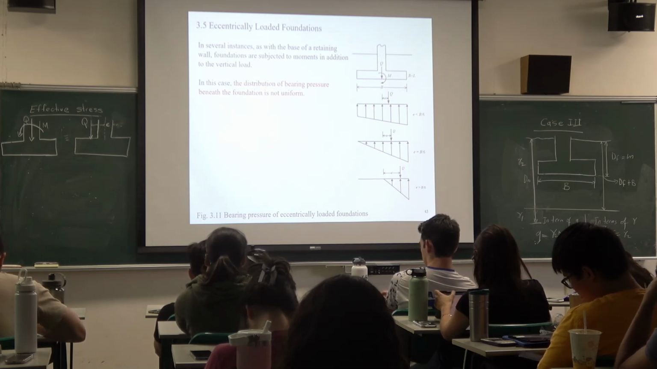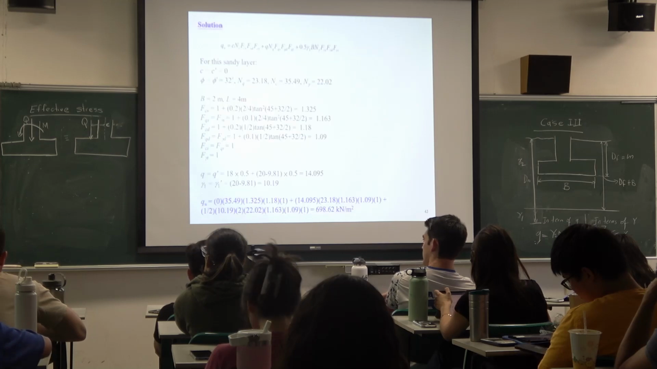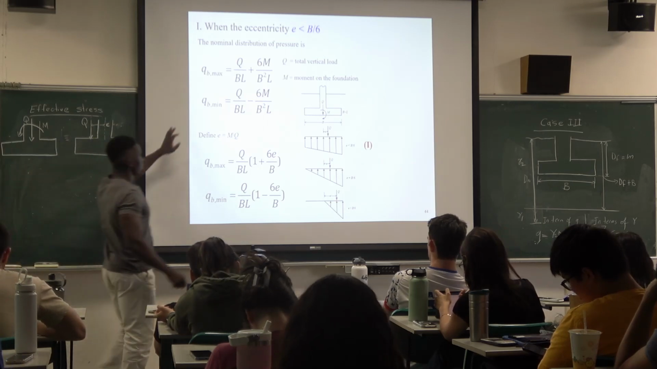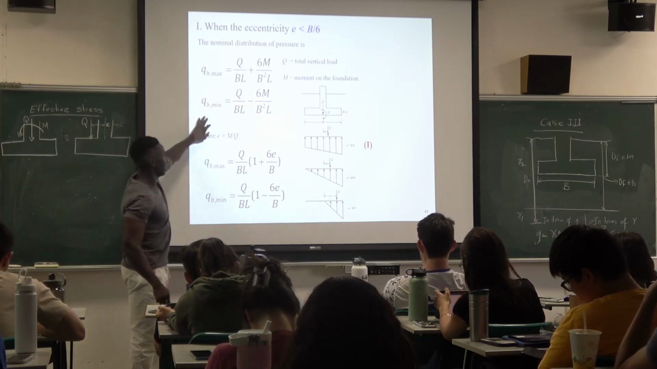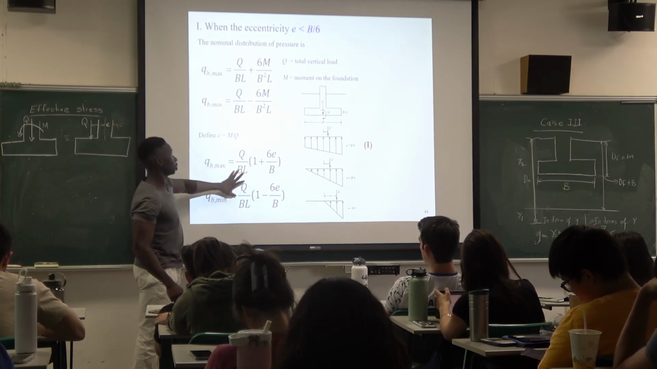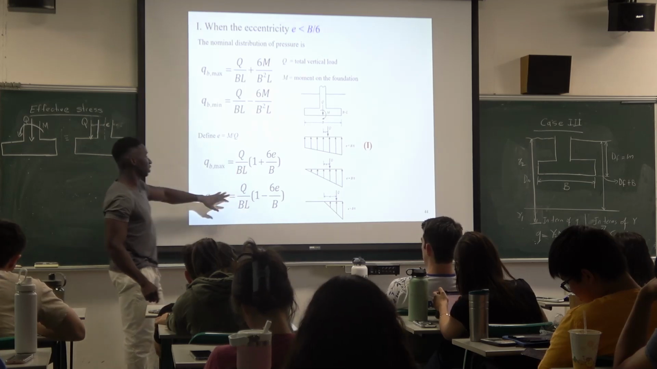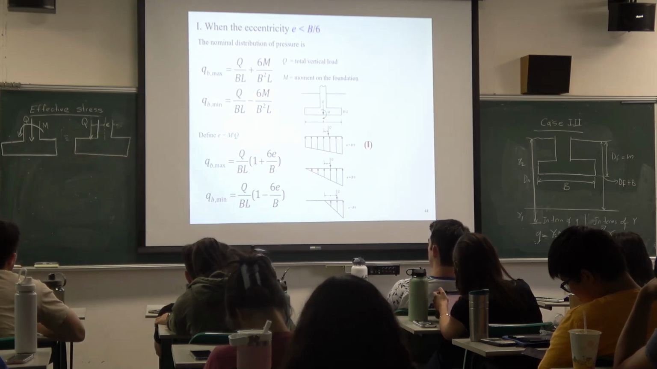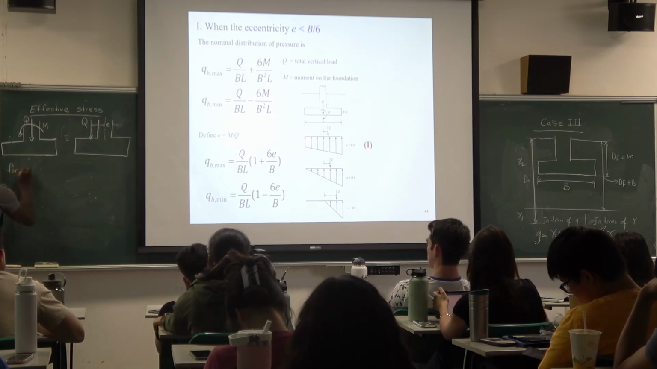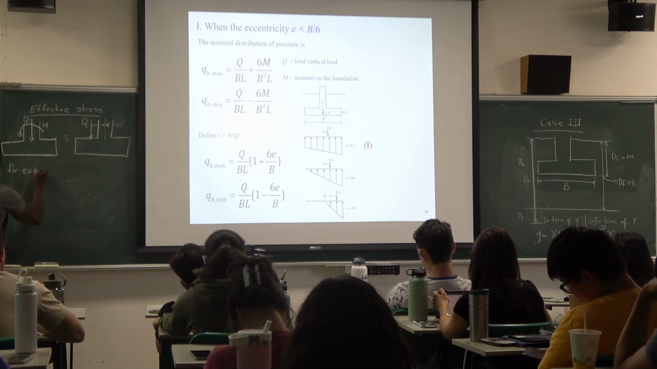And for this type of problem, we have different formulations and equations. Typically, you may have an equation like this, but in practice, mostly we will use this because they are easier to work with. So, for example, if we are dealing with a problem where e equals B over 6,